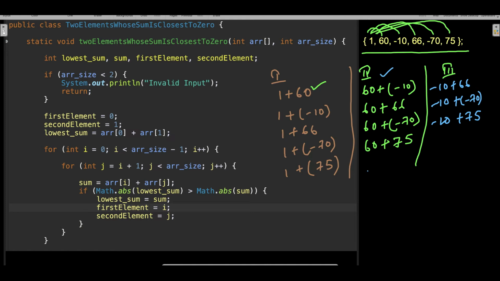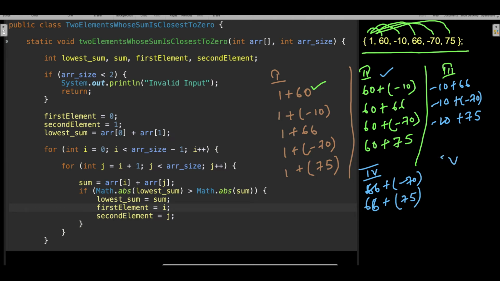So iteration number, let's say, 4. In the fourth iteration, you have done 10 and 66 also, right? So again, 66 you don't need to sum with the 10. So what you will do, you will write 66 plus minus 70, okay, and then also you will write 66 plus 75, right?